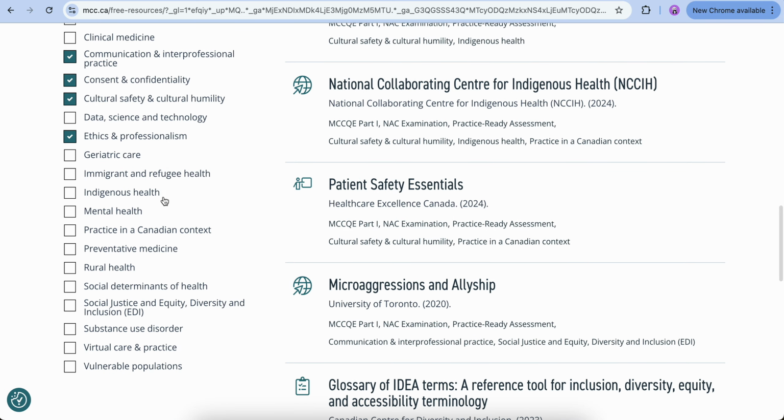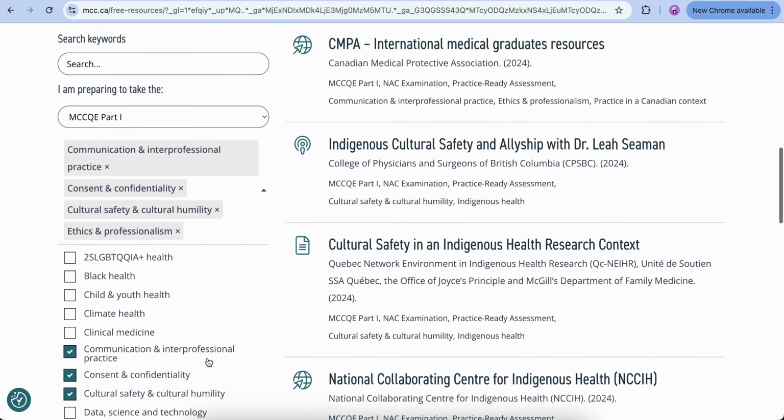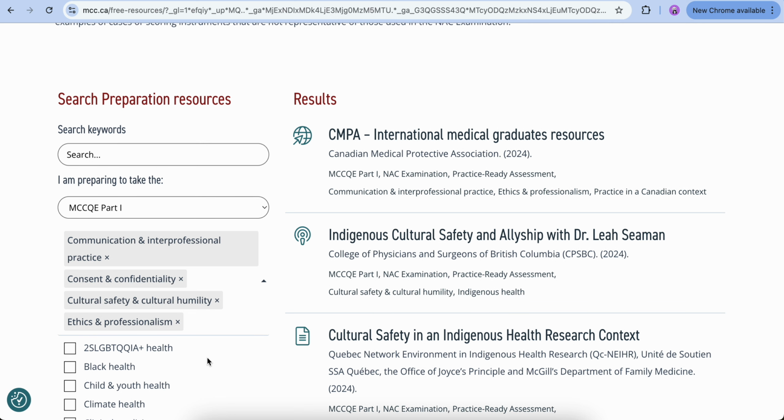It might be possible that some of them, like virtual care and practice, could also come into ethics, because you have to look at what you are doing in virtual care. I'll just give you a brief example. When you are booking a patient virtually by phone call, you call them and they do not pick up, but their voicemail shows that you can drop a message. On dropping a message, you cannot drop any diagnosis, any test results, anything.